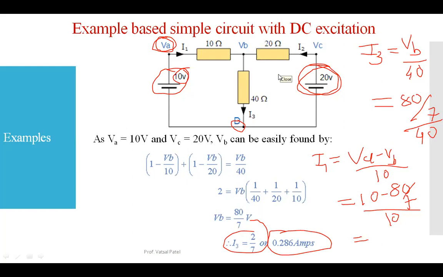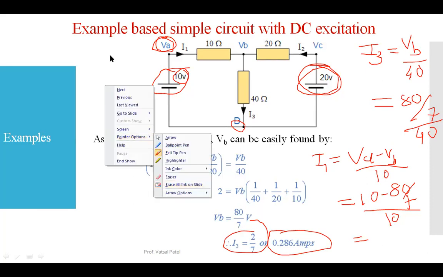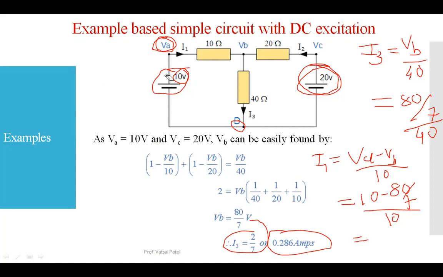See, VC and VA, with respect to the node, is connected with the battery source. So for any node in the circuit that is connected with the source, like given here, you can directly take the voltage. You can see VA is ultimately measured between this point and the reference point, and you already have the voltage source here. So you can directly take VA as 10 volt, and over here the same thing can be applied. So the answer we are getting here for I1 is equal to minus 1 by 7.